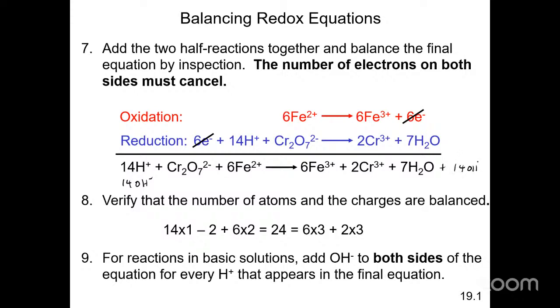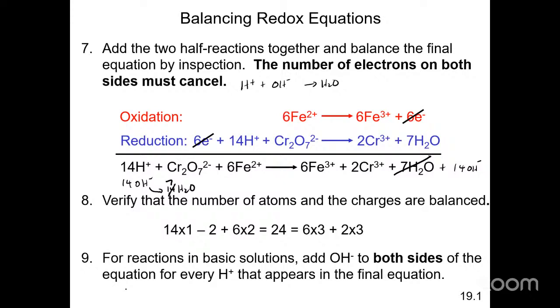All right? Now, what you need to realize is that each time an H plus reacts with an OH minus, it forms a water molecule, right? So when you add 14 H plus ions to 14 OH minus ions, this will produce 14 water molecules, right? And because you have 14 water molecules on this side, and you have 7 water molecules on this side, what's going to happen is that these 7 water molecules will cancel out 7 of these water molecules, leaving behind 7 water molecules on that side, all right? So therefore, the final equation for this